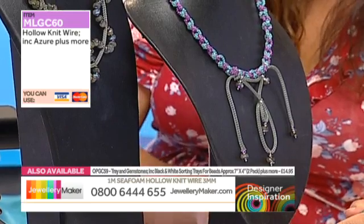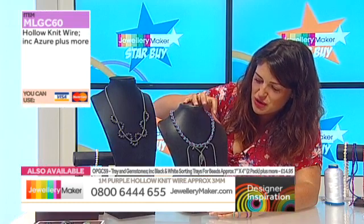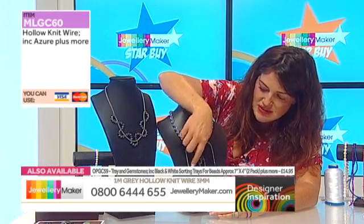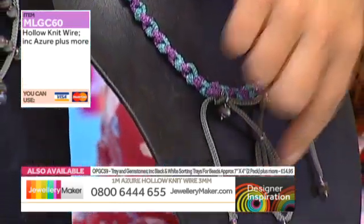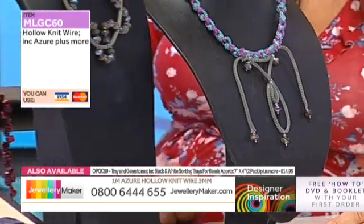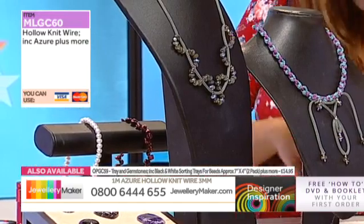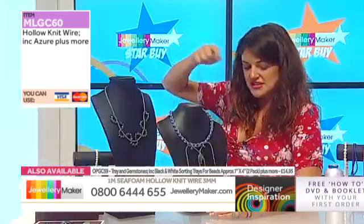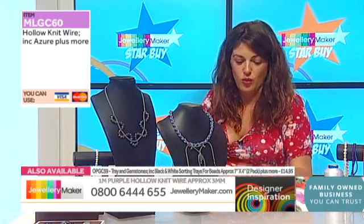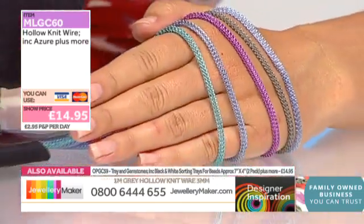Okay, right. So your wire cord, beautiful. Oh gosh, look how this gorgeous green and purple work together here. And the labradorite, popped in with a little bit of wire work. And your hematite as well there. Just stunning. So do you get the 4 strands? Oh, do you know what? I just tossed this to the side thinking that you didn't get 2 blue, but you do get 5 strands. Wonderful. 5 strands of your hollow wire, amazing structure